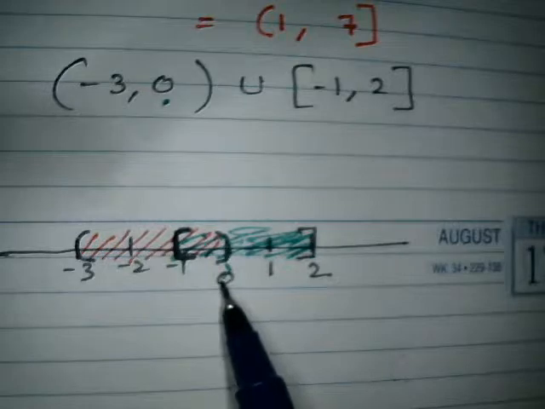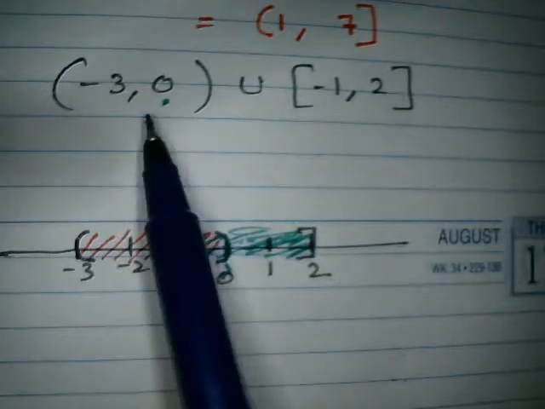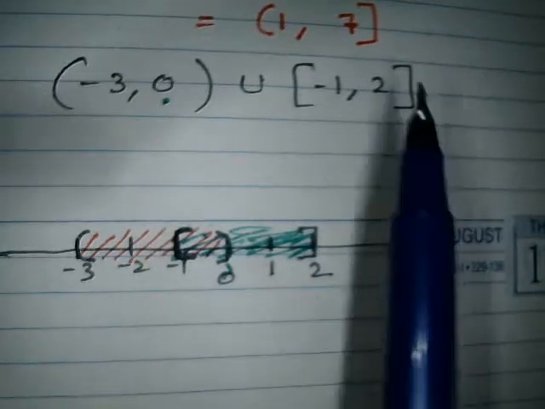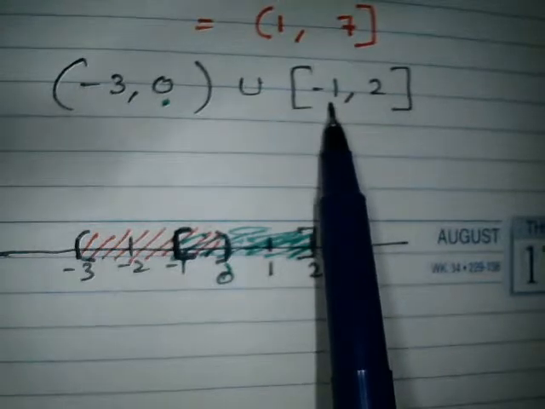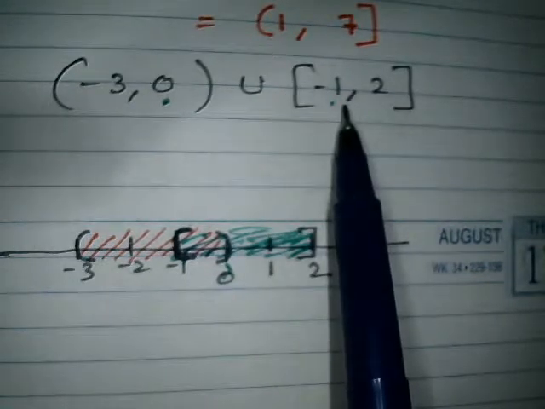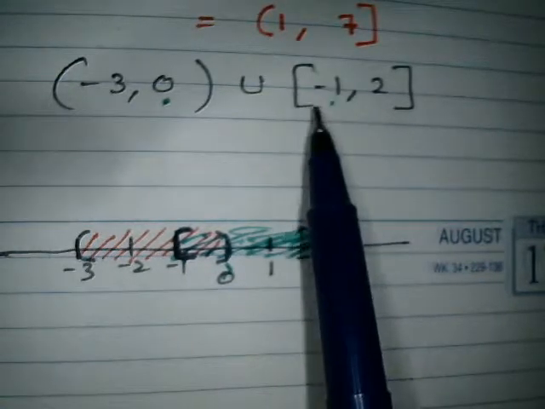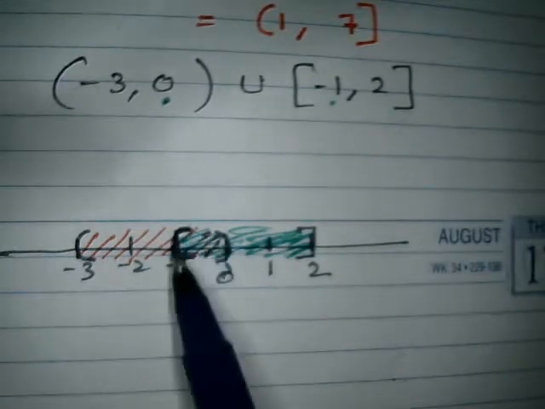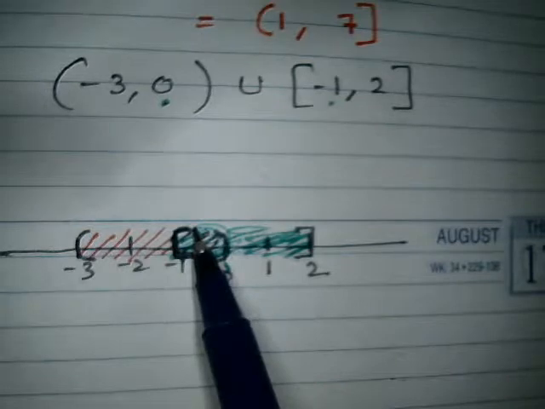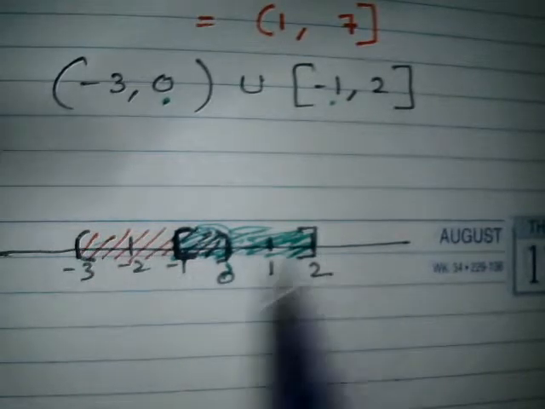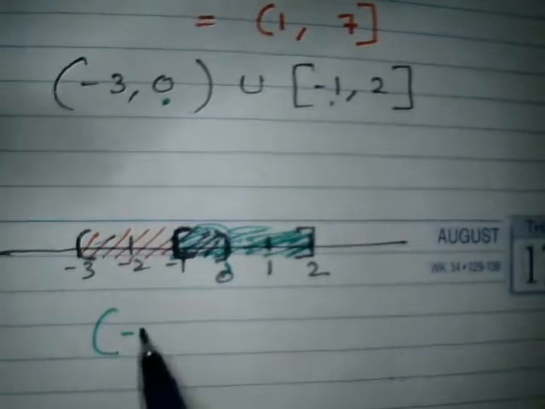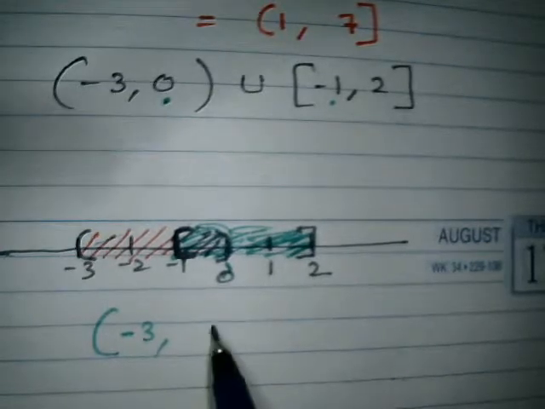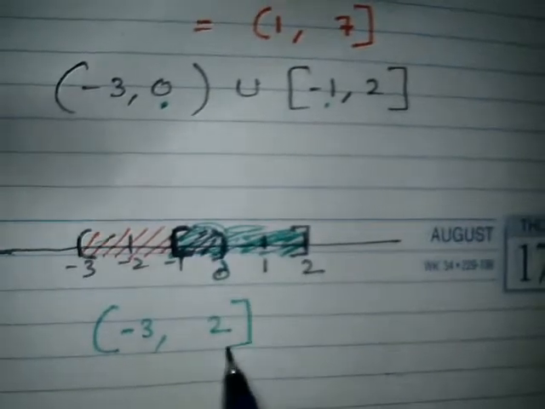And over here -1, that -1 is already included, because here is a close bracket, correct. So this is the uncommon part, this is the common part that is going to be there, and this is uncommon, this is uncommon, so that is also going to be there. So from 3 it will start and it will end with 2, and on 2 it is going to be a close bracket.